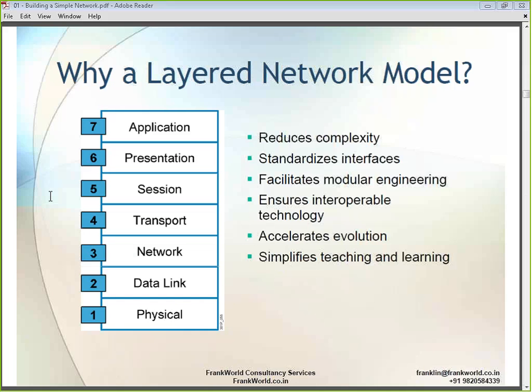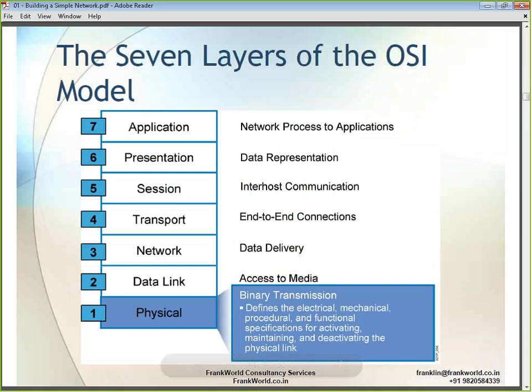Now going along, let's talk about each and every individual layer separately so that we understand it better. The physical layer is typically used for binary transmission, as in this is the layer where all the electrical signals are being sent out or electrical signaling standards have been defined. Bottom line is,